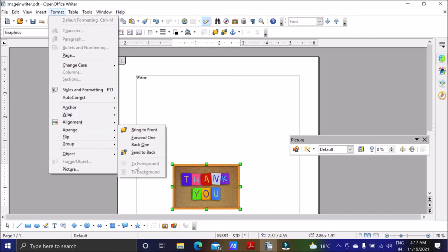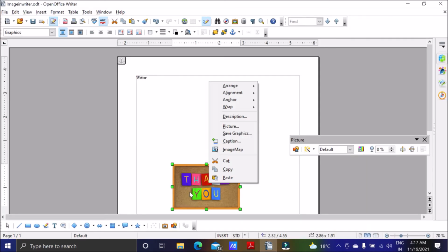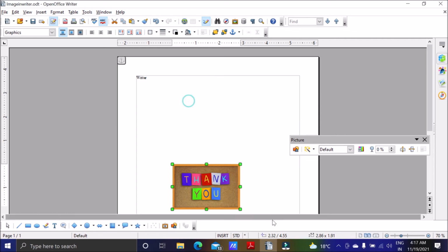From the pop-up menu also you can get them. So right click, and here also you can see arrange, alignment, anchor, wrap. Here also you will find it when you right click.